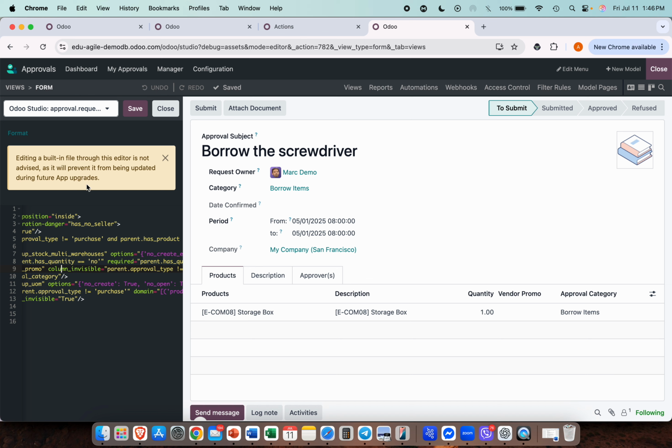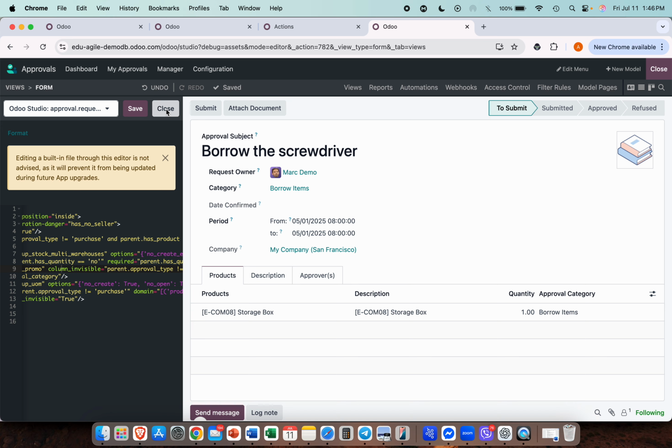Now, in my opinion, I will still proceed with this change in my XML. What I just need to do, therefore, is that I need to document this change so that when the time comes to upgrade this database, I will have to reapply this type of change again, assuming that there are no future features that can help me or that can allow me to make this whole column invisible. So I'll go ahead and save it